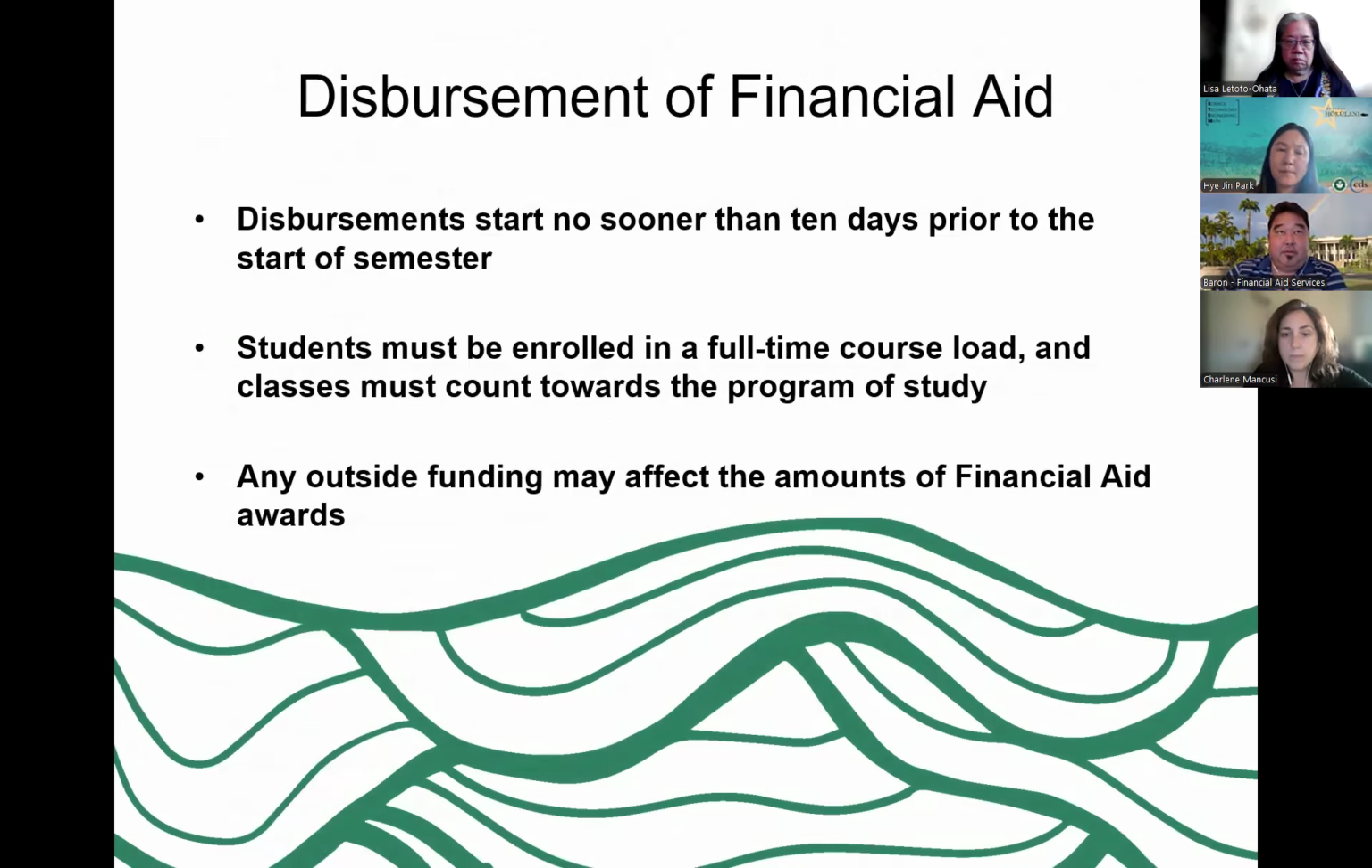Yeah, so like I was talking before, disbursements for every semester are no sooner than 10 days prior to the start of the semester. So if 10 days prior to the start of the semester your financial aid has not dispersed to your student account, then something is wrong. And that's where I said that if you're not enrolled in 12 or more credits as an undergraduate student, and of those credits at least 12 being in plan, then that's one reason that the financial aid won't disperse to